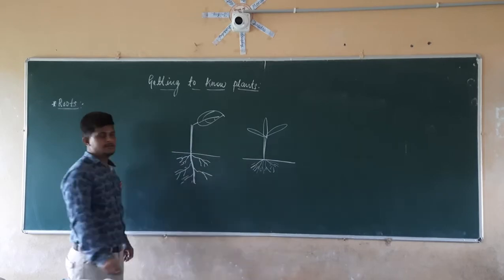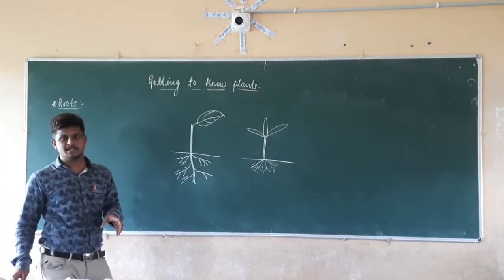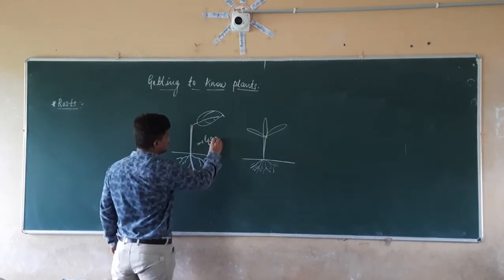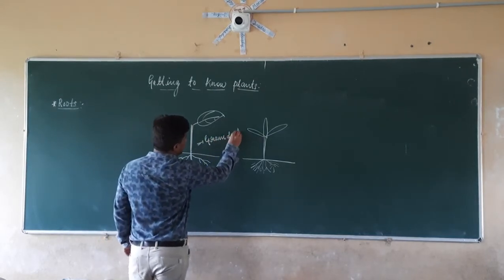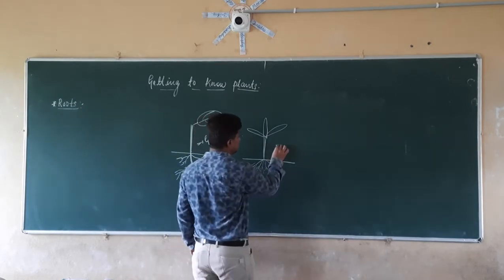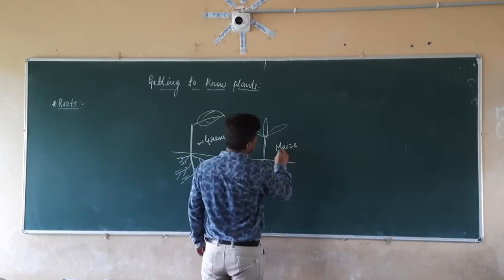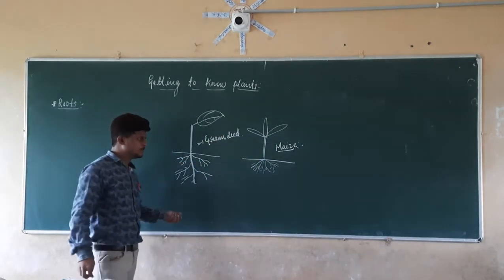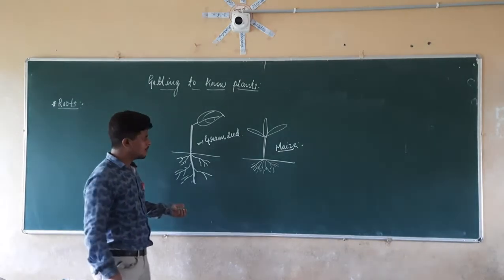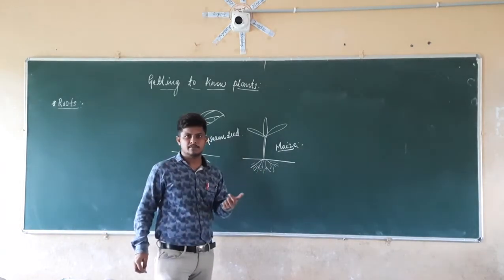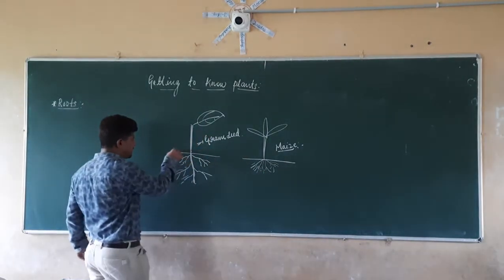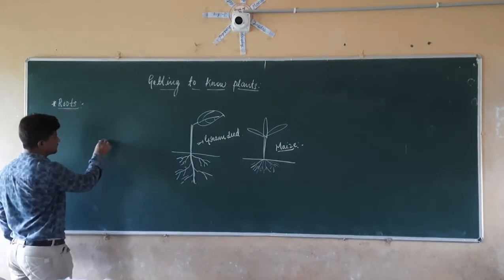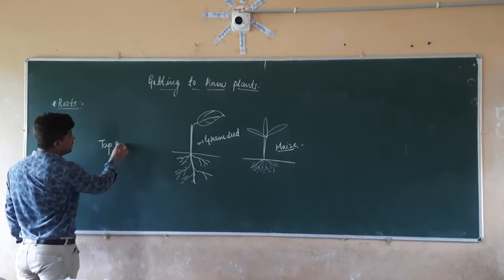If I again check the seeds which are taken here, these roots will be of the gram seed and these roots will be of the maize. So why are we seeing two different types of roots here? Because we have two different types of root. The root which is coming here is nothing but what is known as the tap root. This is known as the tap root.